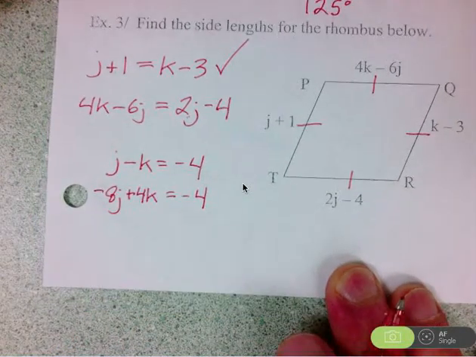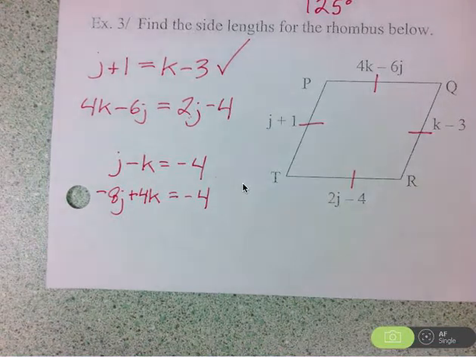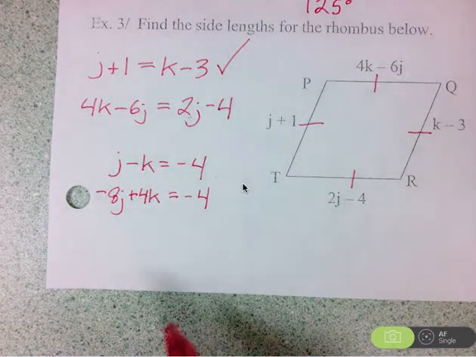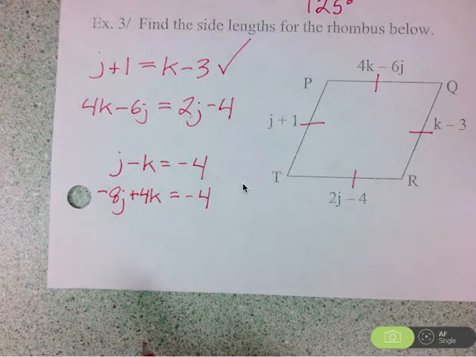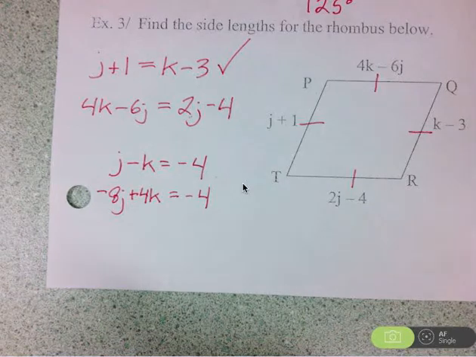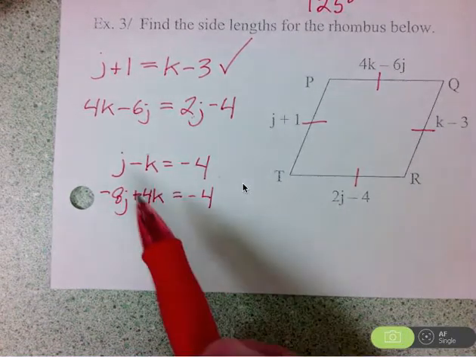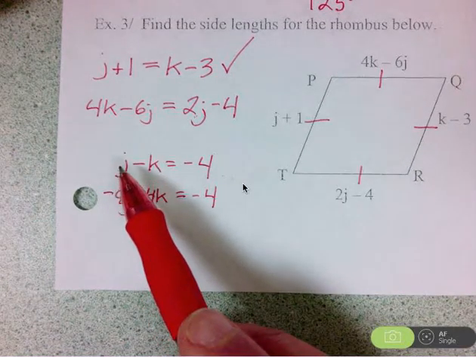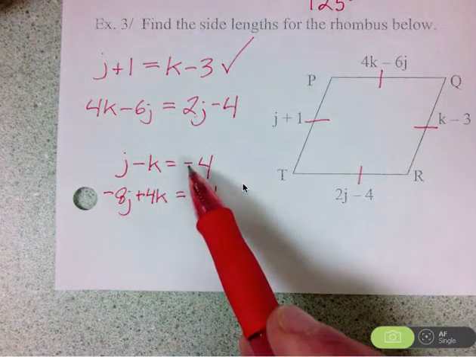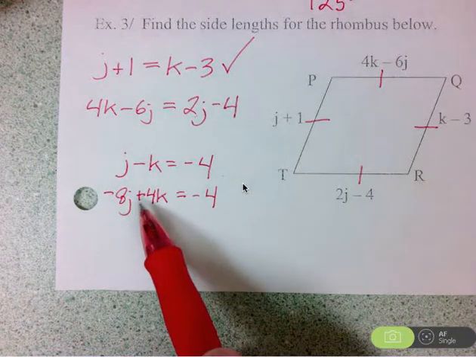So when I look at these two equations, I would like to use a method called elimination. So to use elimination, I would like to get the coefficients on one of my variables, either on the j or on the k. I would like these coefficients to be opposites. So right now, I have a 1j minus a 1k equals a negative 4, and a negative 8j plus a